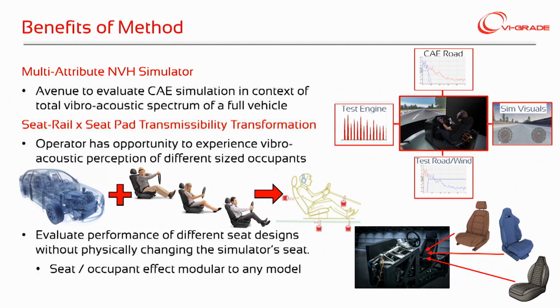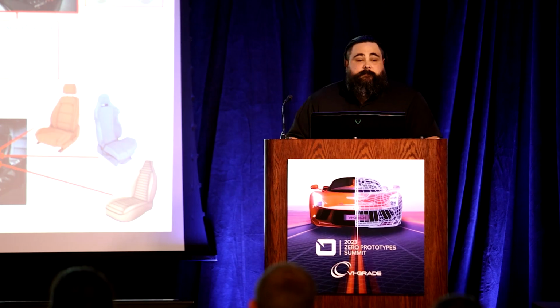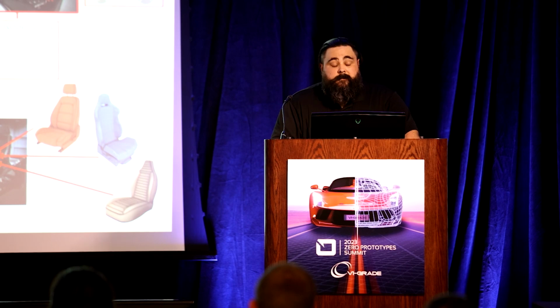That's one of the big limiting factors that we find with the compact: because we have the shakers mounted directly to the seat, we can't just put in any seat that we want. But now that we're able to use this type of transmissibility approach, if you've got CAE transmissibility data or on-road transmissibility data, you can use that and replicate virtually any seat in the compact.